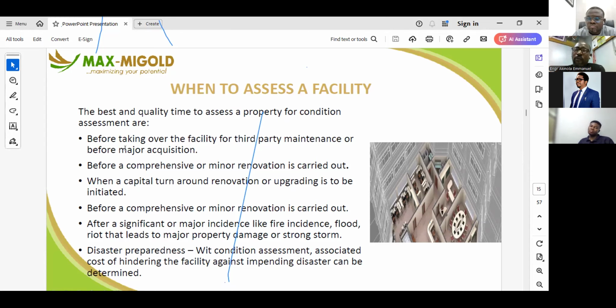It is from my assessment that I will now tell you, Mr. Francis, there is a certain pumping machine in your water treatment plant. From the assessment carried out, that pumping machine needs to be replaced with a new one because it cannot stand the test of time. Or I can tell you, Mr. Francis, there is a particular part of block A where the wall of that building has already cracked. If nothing is done, that crack might cause that building to fall. Then two,